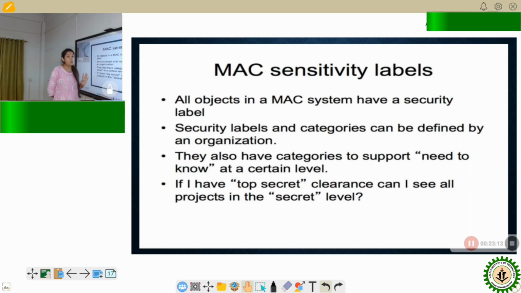If some user or some person has the top secret level of clearance, can he or she access all the information in the secret level or all the information in the confidential level? The answer is no. Even if a person has the highest security clearance, unless there is a need for him to know certain information, he or she will not be able to access information even if it is at a lower security clearance. Okay.